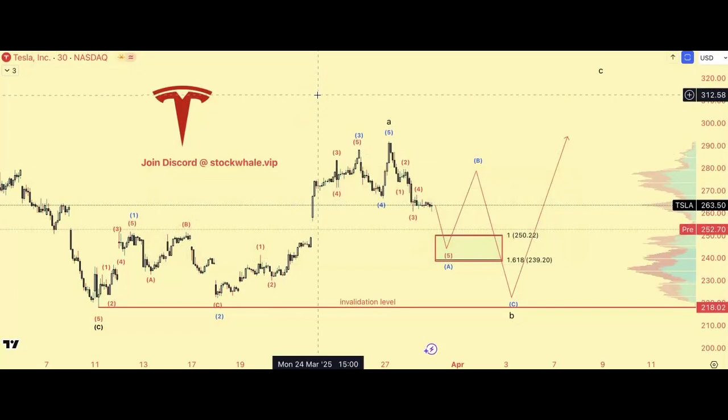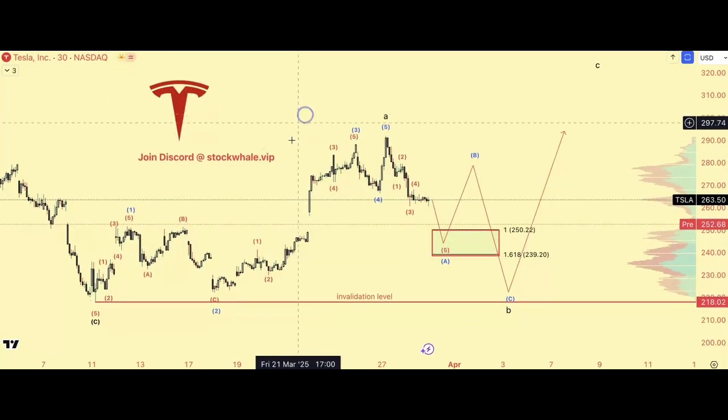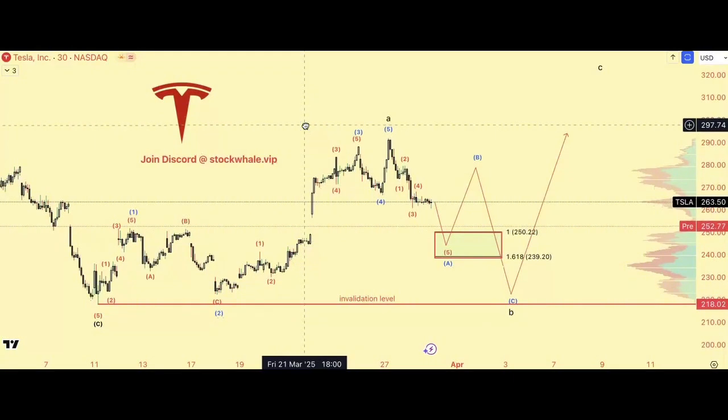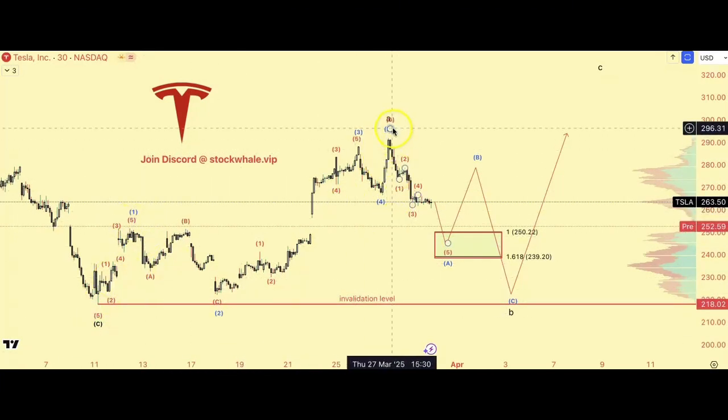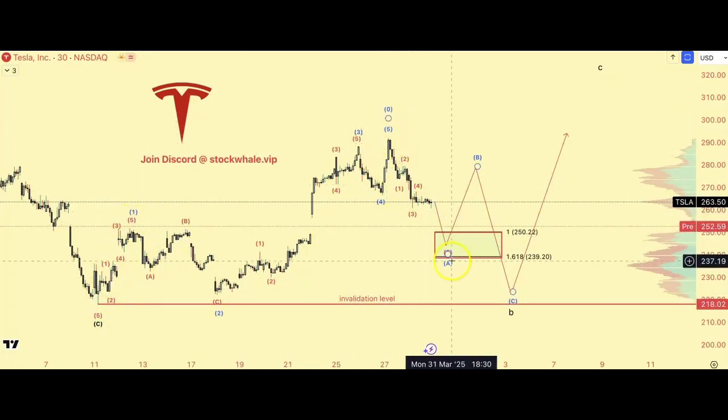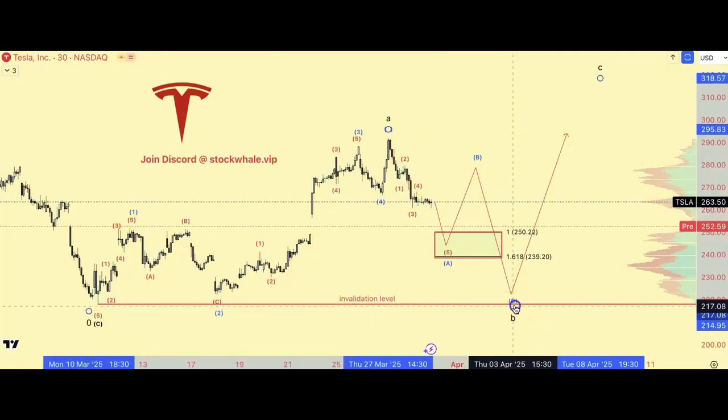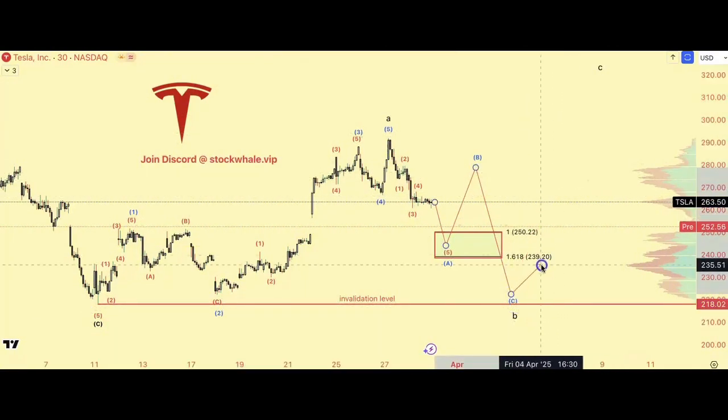Let's break down Tesla. I want to go over Tesla in two different scenarios. So, a much shorter time cycle on the 30-minute time frame. The bullish path is that we did put in the low at 218, right? So we're working on a bullish sequence of 1, 2, 3, 4, 5 in blue, and then finishing off a potential A, B, C, testing these lows before we hold it and we go up